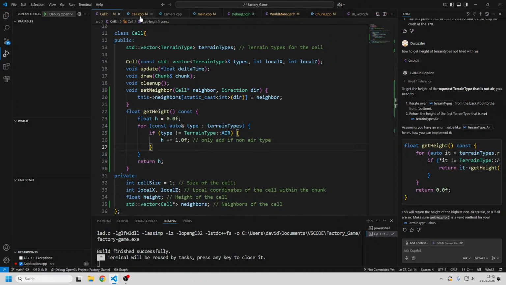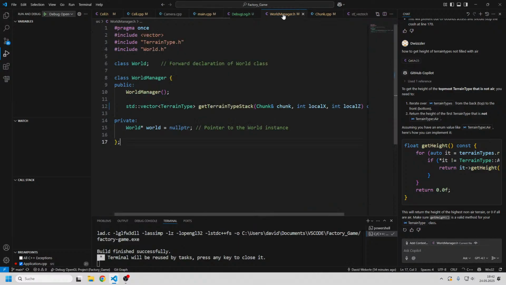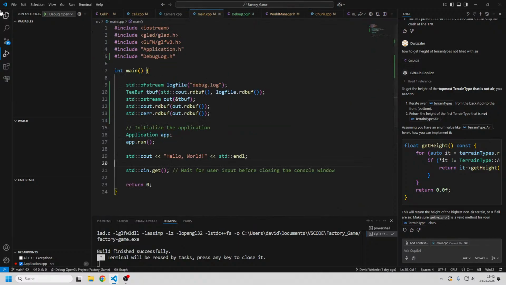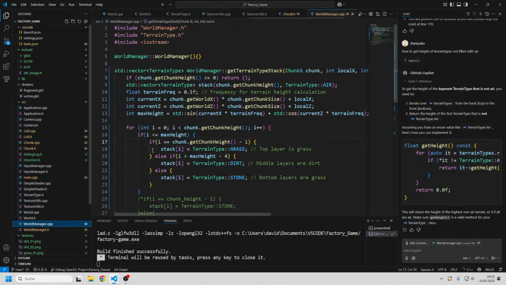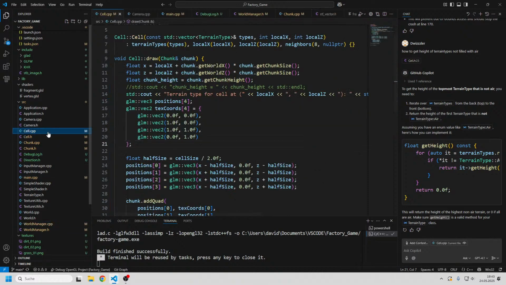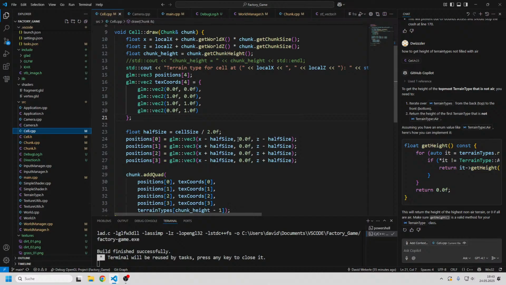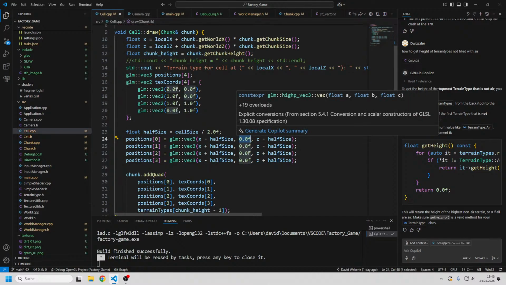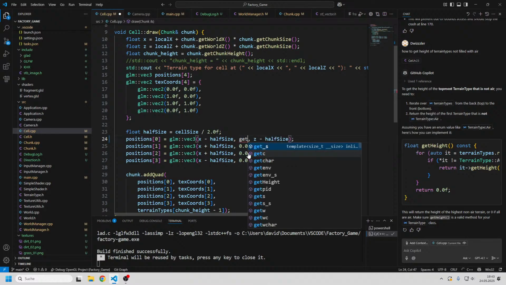Then where were we at? In chunk, I think, right? Nope. World manager? Nope. World manager CPP, I think it was. So let's say if the chunk dot, so we're looping through the height, so all of the blocks, if the chunk height is, oh well, somewhere totally different. This is fine, we were in cell and we wanted to define the height here, so let's just get height,